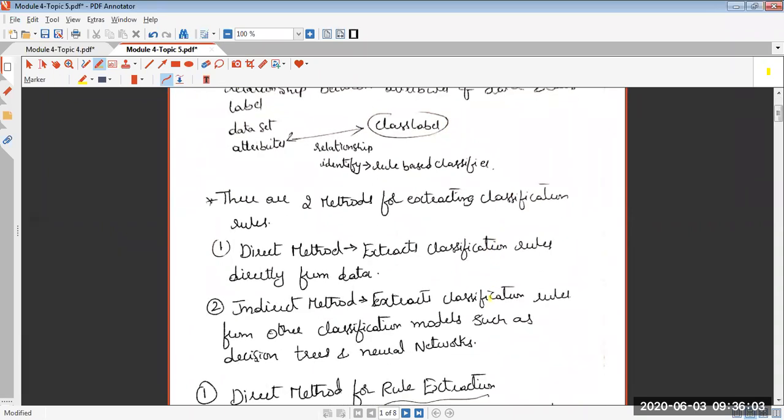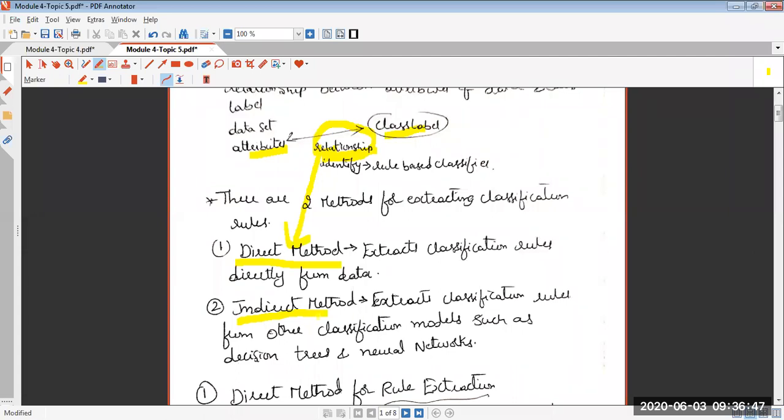Now, once again, how will this relationship be established between the attributes and the class level? We have two ways of doing it. One is the direct method, the second one is the indirect method. Now, what is the direct method? You can see I have written a brief statement here, which is a summary of an elaborated paragraph. The direct method extracts the rules directly from the data. That's it, a very simple concept. We have raw data, and from the data, rules will be directly constructed.